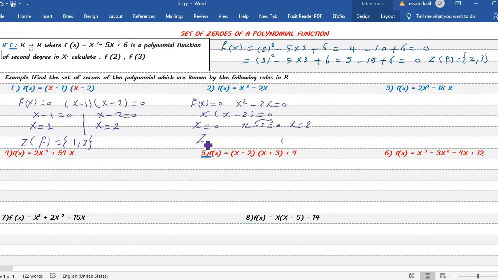يبقى Z f equal what? Sets of 0 and 2. Number 3. The f of x equal 2x power 3 minus 18x. Put ال f of x equal 0